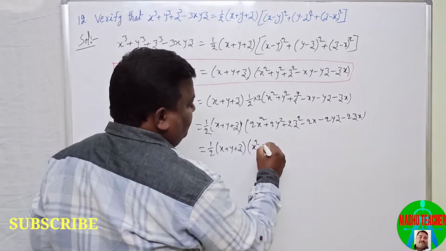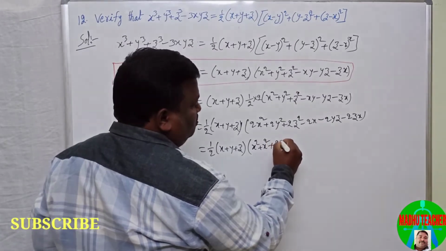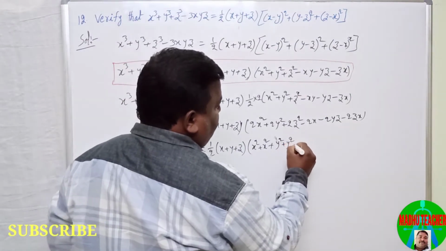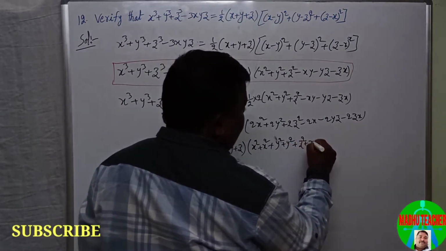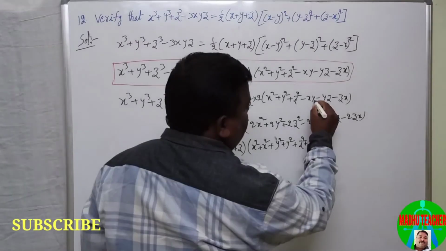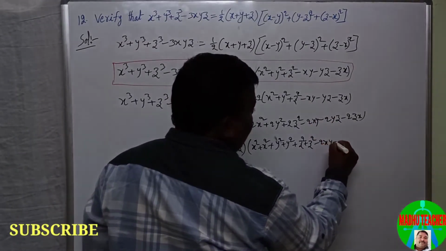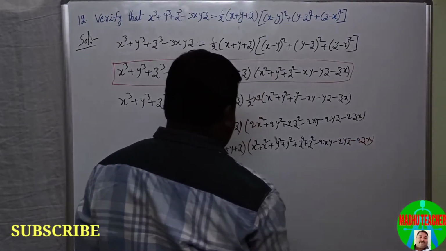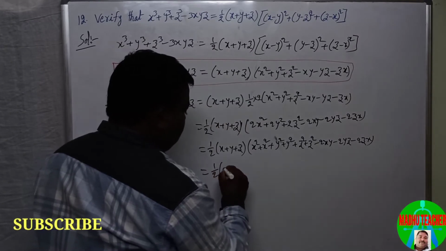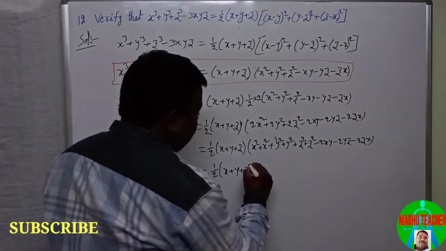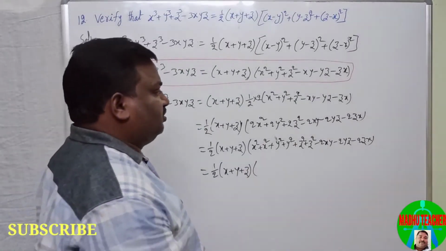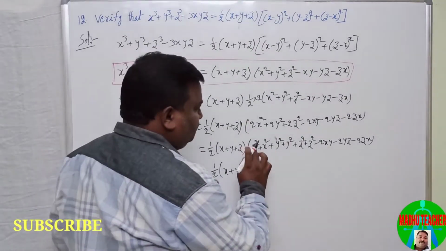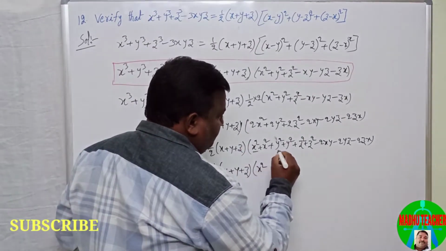I am writing as x square plus x square, and this is also same, y square plus y square, z square plus z square, minus 2xy minus 2yz minus 2zx, that equals 1 by 2 into x plus y plus z into, so just I'm interchanging all of this as x square, then I am writing y square,